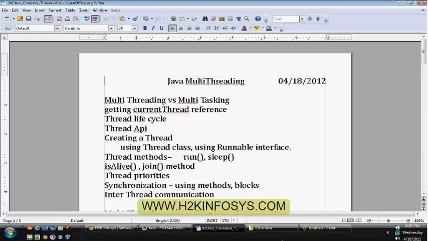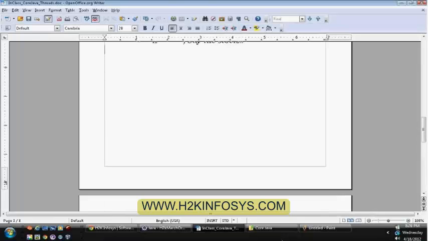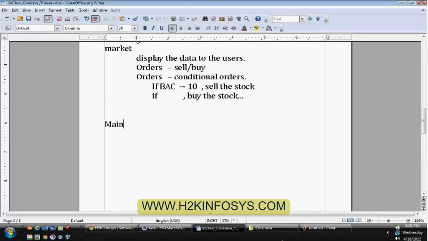In Java, each and every program execution will also be started by a thread only. That is called the main thread. As of now, we have mentioned that our program will get started with executing the main method. Usually who will execute this main method? Our JVM will execute this main method.